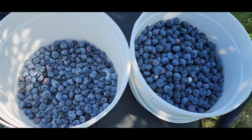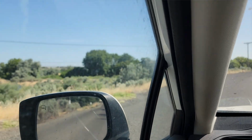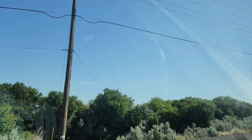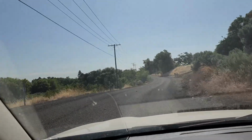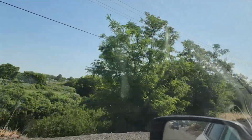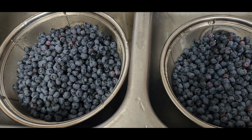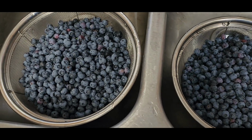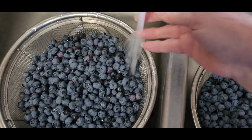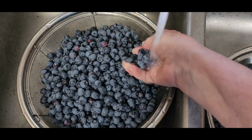And there's what I have so far. So now that I'm done getting wind blown, we wash the berries. So all I did was dump them in, and since I'm holding this, I can't actually get my hands in there and do it. But I'll get my hands in there and I will turn them around and stuff, wash the berries, and I will